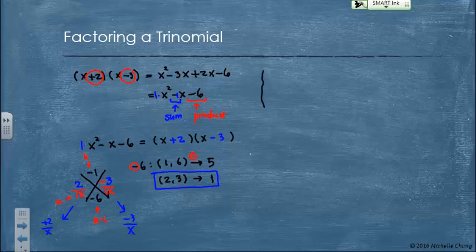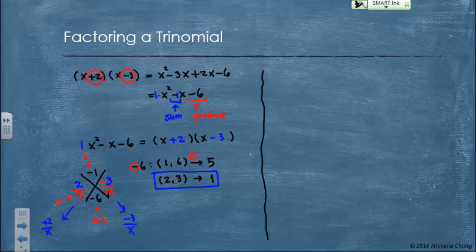Now let's think about the case when our a is not 1. For example, if we have 2x squared plus 7x plus 5. The same idea, I will make a big X, and on the top, this is positive 7, which is b, and on the bottom, 2 times 5 is positive 10. Now we have to think about positive 10. For 10, we have 1 times 10 and 2 times 5, right?